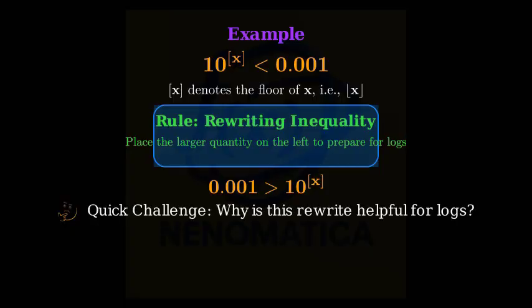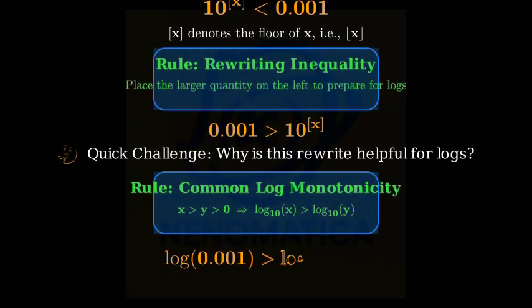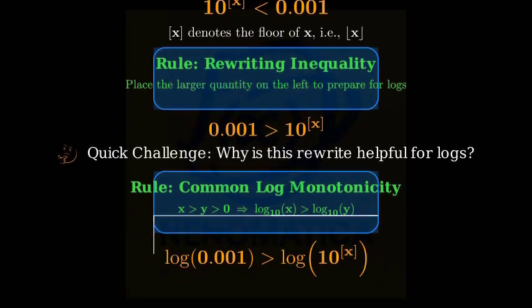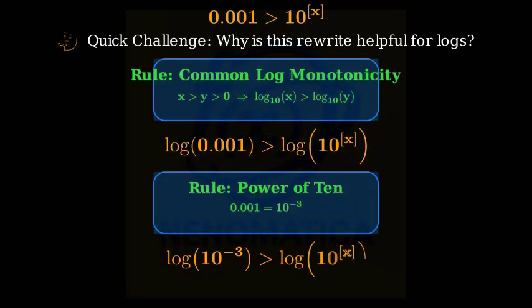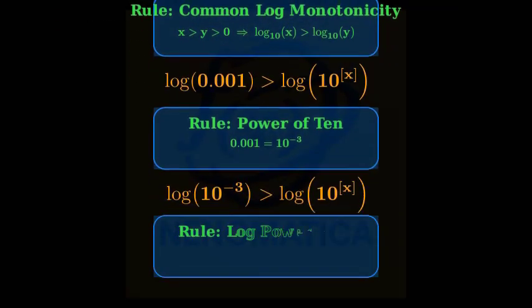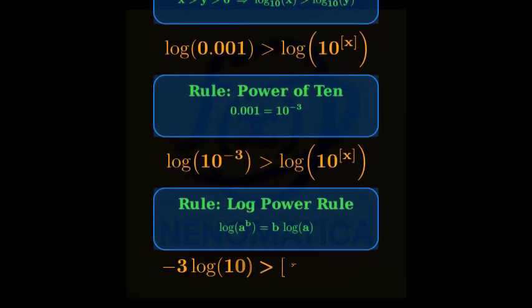0.001 greater than 10 to the floor of x. Step 2. Take the base 10 logarithm of both sides. Since 10 is greater than 1, the inequality direction stays the same. Step 3. Replace 0.001 with 10 to the power negative 3. Step 4. Use the logarithm power rule to bring exponents out front. Step 5. Since the logarithm base 10 of 10 is 1, divide both sides by log 10 to isolate the